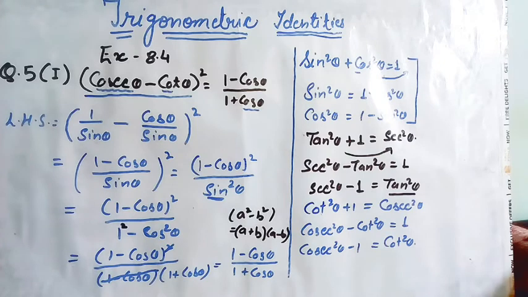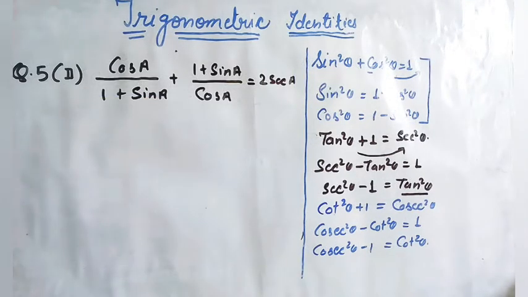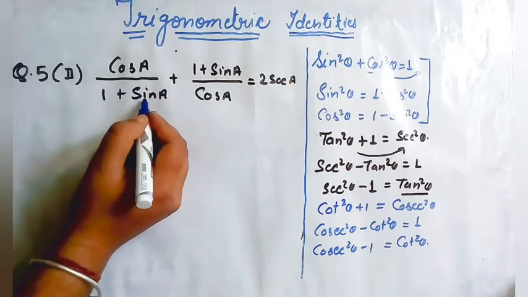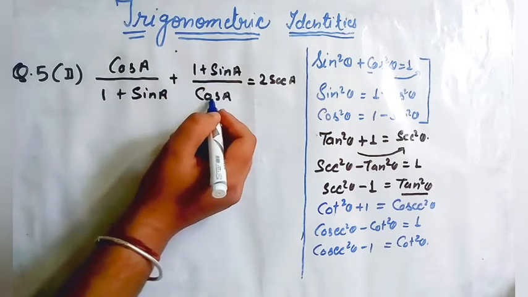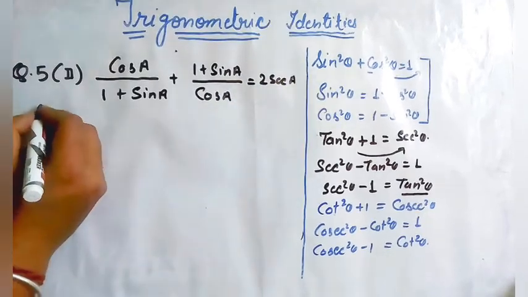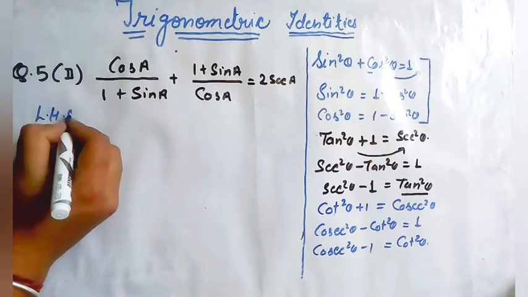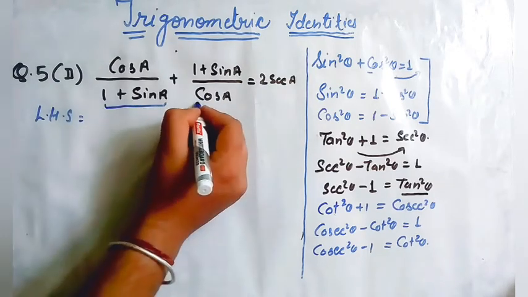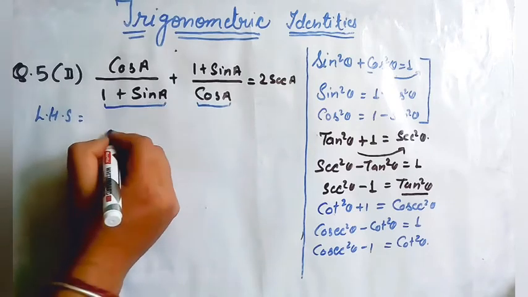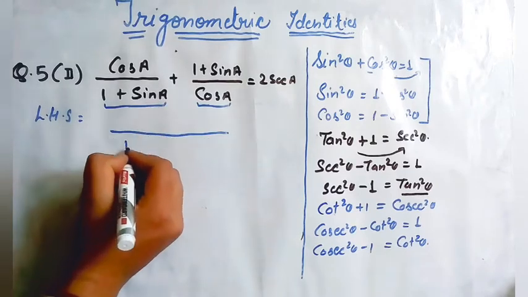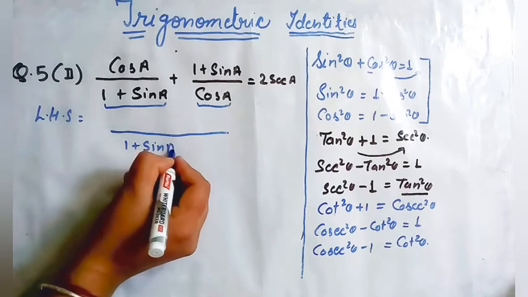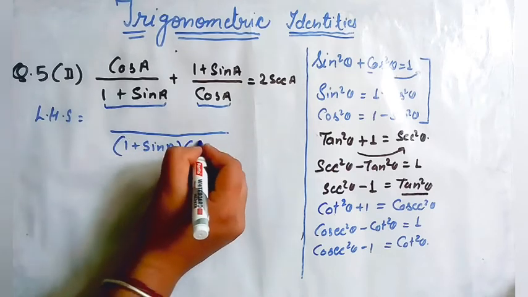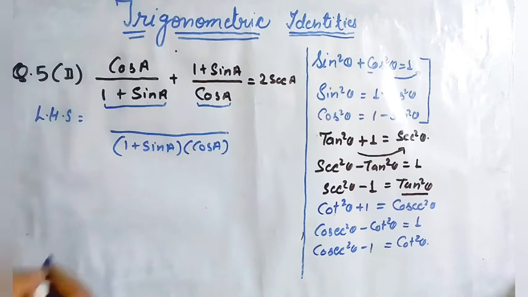Let us see one more question, which is cos A upon 1 plus sin A plus 1 plus sin A upon cos A equals to 2 secant A. So now let us take left hand side first of all and take LCM of the denominators. LCM will be product of denominators here because these are different. So it is 1 plus sin A whole multiplied by cos A. And for numerators you can cross multiply